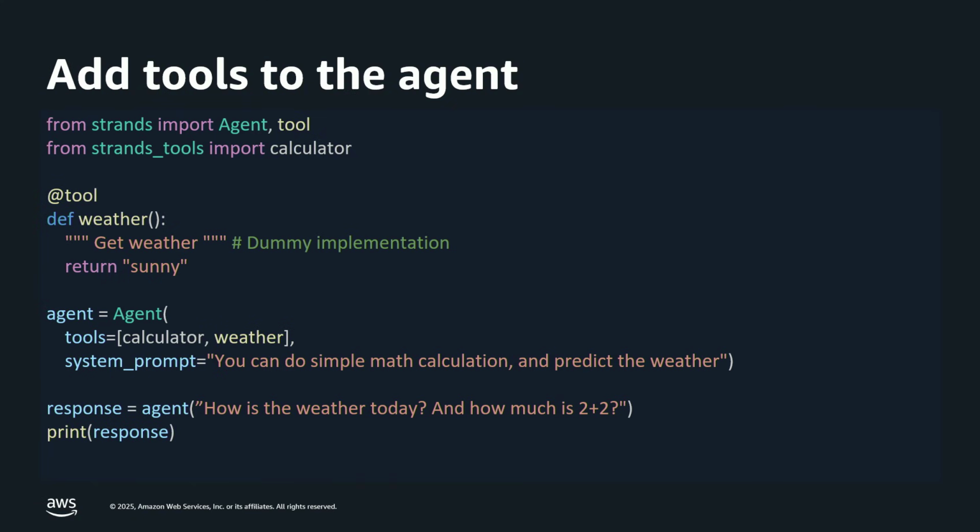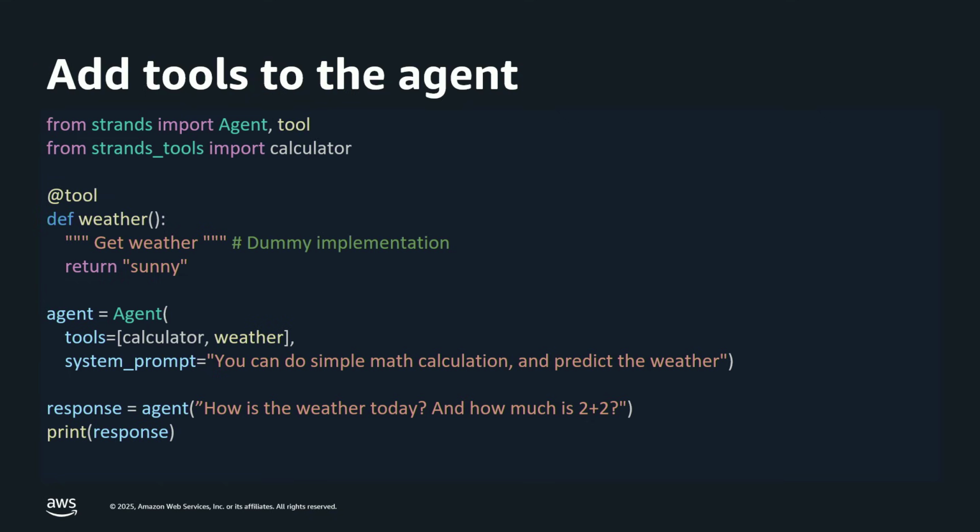What you see here is defining a simple weather tool where every day is sunny, which is nice. I am based in the Philadelphia area, and it is always sunny in Philadelphia. So with this, we're using the tool decorator to basically tell Strands that this is a tool. That decorator essentially acts as a wrapper around this Python method. It will extract some of the available metadata from the function,